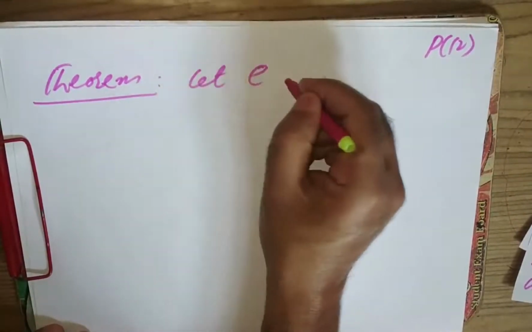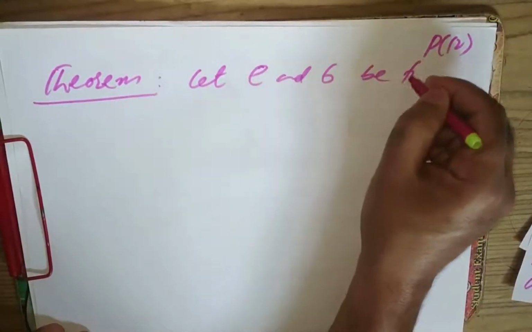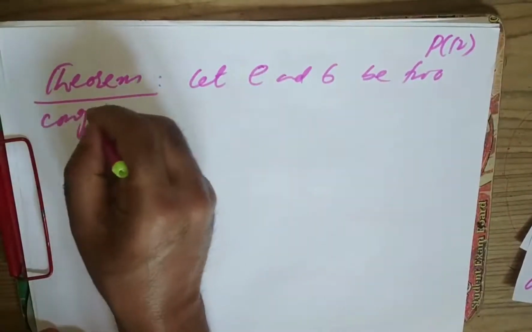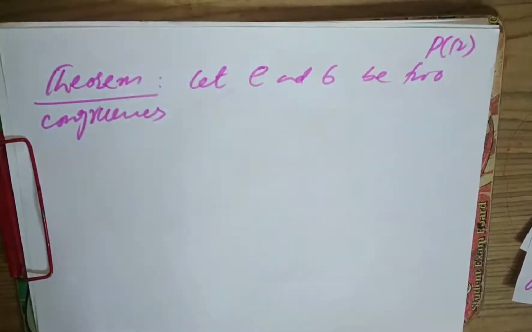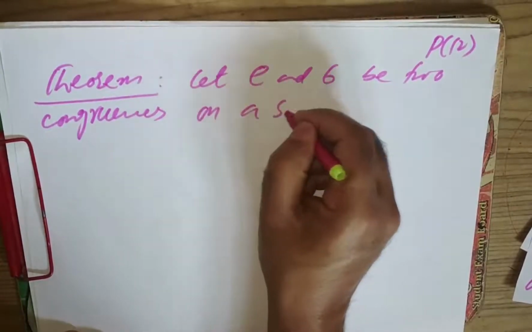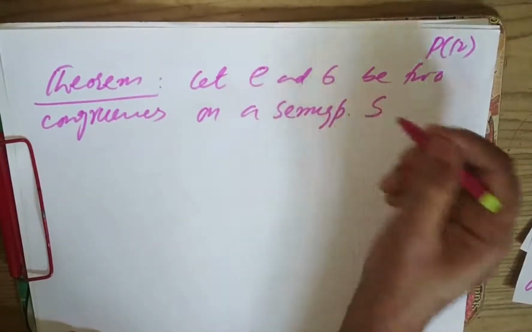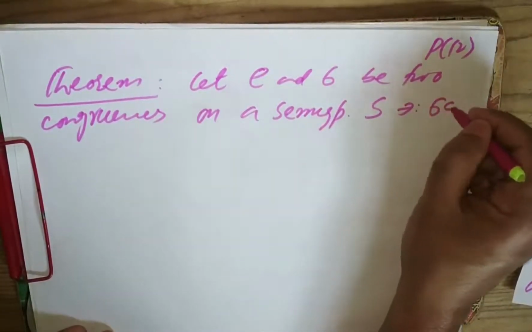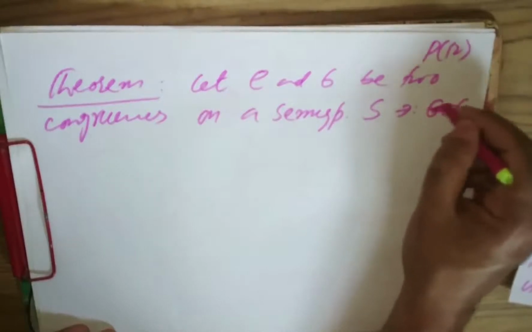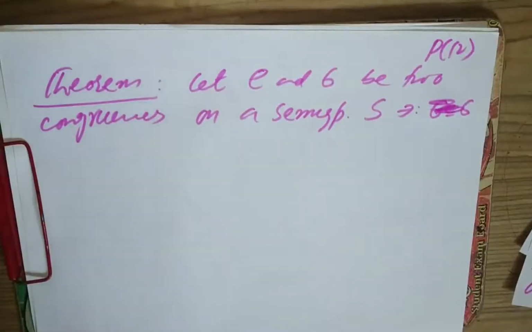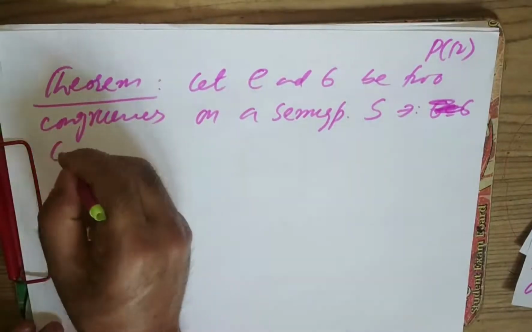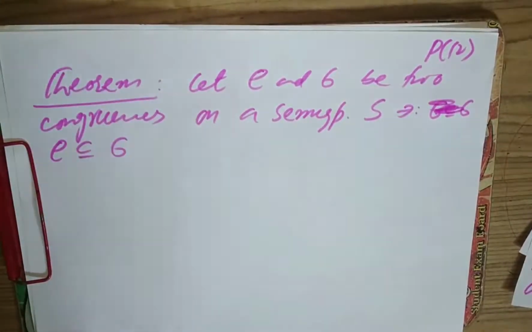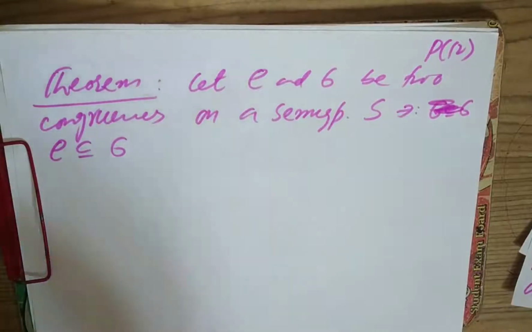Let rho and sigma be two congruences on a semigroup S, such that rho is a subset of sigma. Then